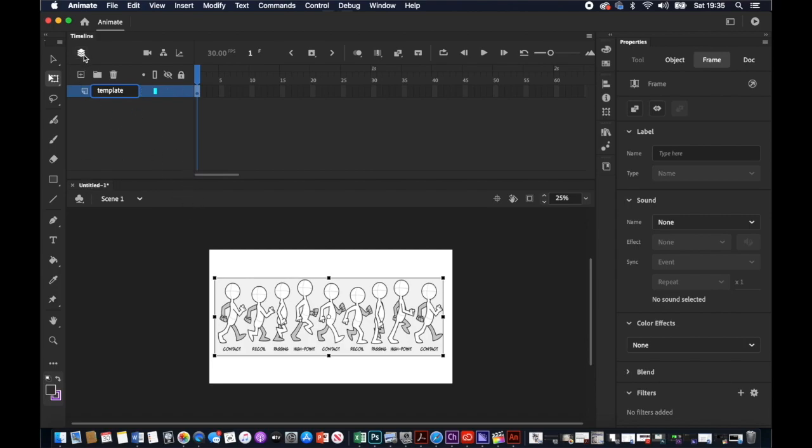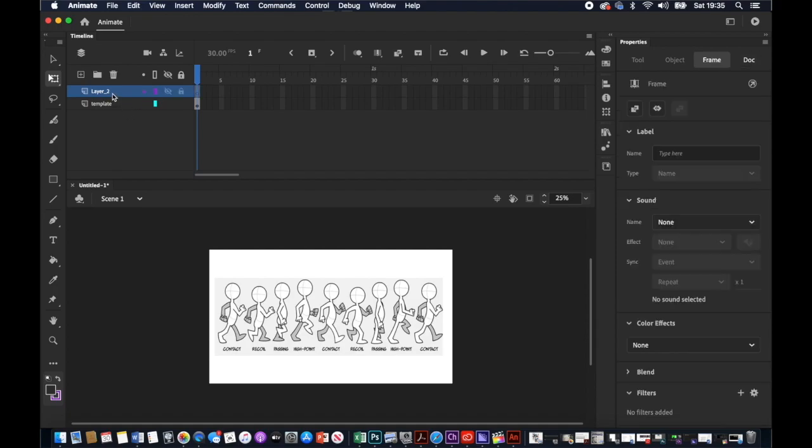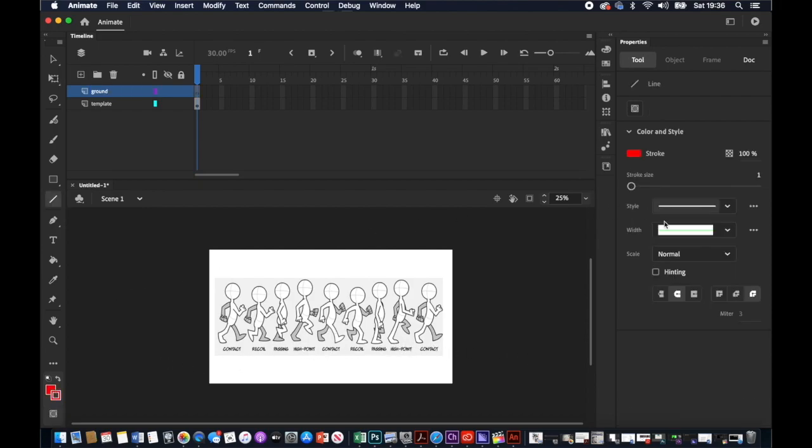And then we're going to add a further layer, and I'm going to call this one ground. And I'm going to imagine where the ground is beneath the feet of my little character. Right, so I'm going to use my line tool. I've made it red. I want to make sure that it's a thick line, about 8,